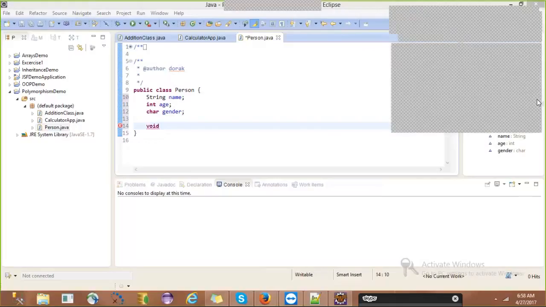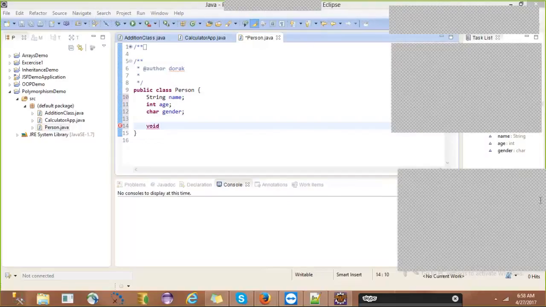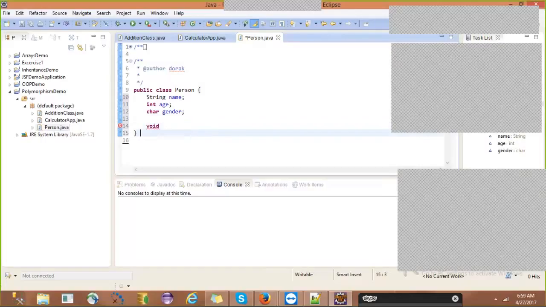Set person details and get person details, right? But instead of set person details, can I give the name as set details or not? We can give, right? Instead of saying set person details, I am saying it as set details.